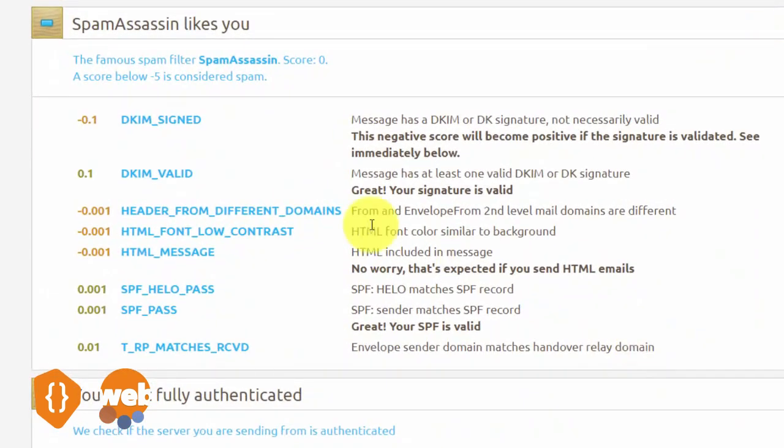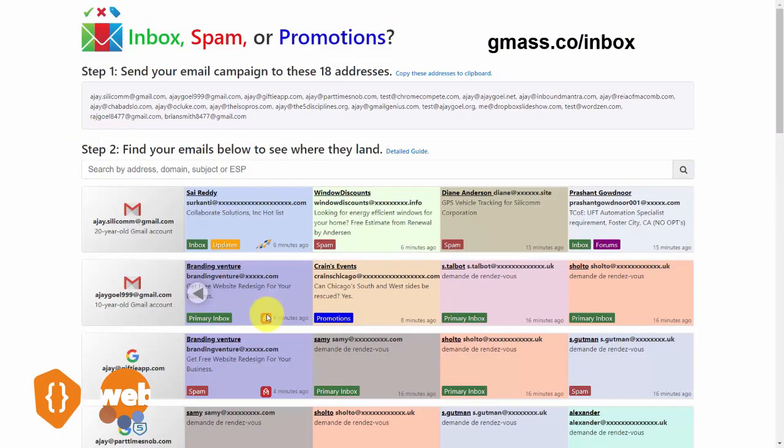And when you do, you're going to want to see that your DKIM is valid. You're going to want to see that your SPF is valid. And again, MailTester will help you to figure out whether or not you have a problem and if you are fully authenticated. Now, another testing system you can use is